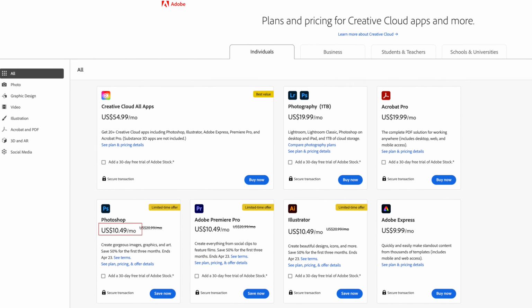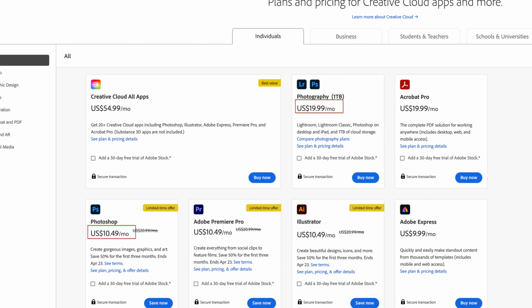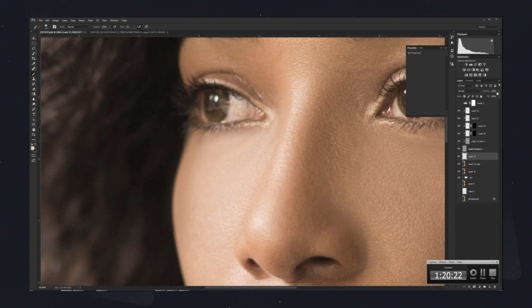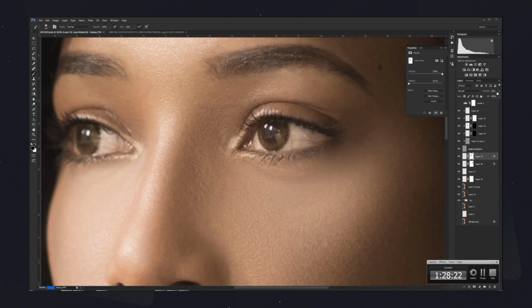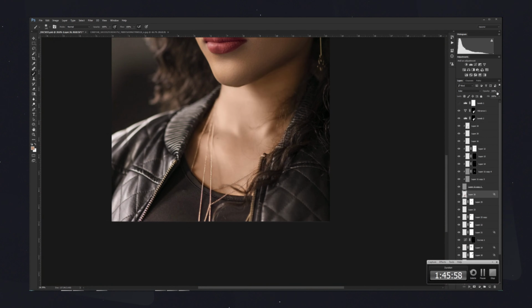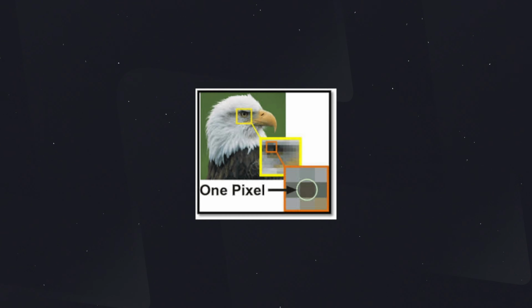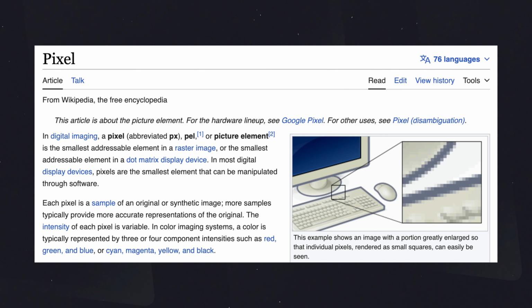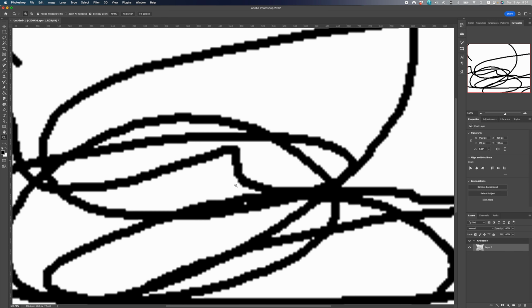First of all, it's important to know that the software costs money and the subscription is a monthly subscription from Adobe. But the most important thing that will help you understand whether the software is for you or not for you, and this is something very critical in the world of design, is that Photoshop is a primarily pixel-based software. For beginners, the definition of it is quite complex, but basically it means that it's not recommended, for example, to